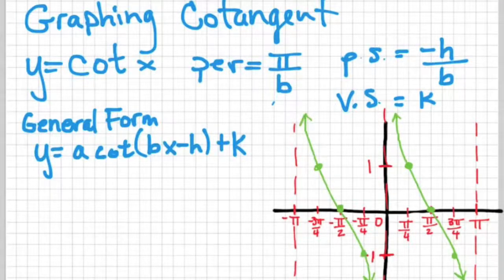I label a couple of points. Remember, it goes from the top left down to the bottom right. This is just the reflection of tangent, and so that's the basic form for cotangent. If you need to go back and pause that, look at it, make sure that you know the differences between tangent and cotangent. Let's do another one and just start off looking at what the basic form would